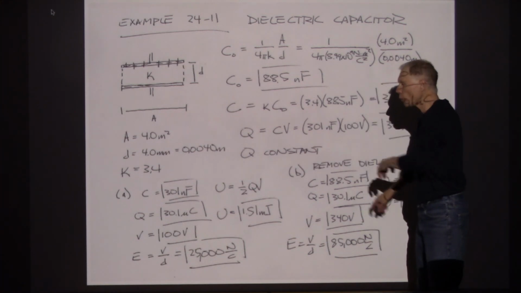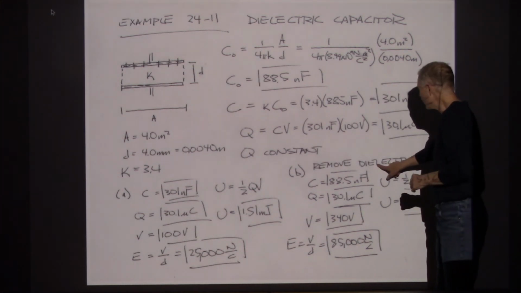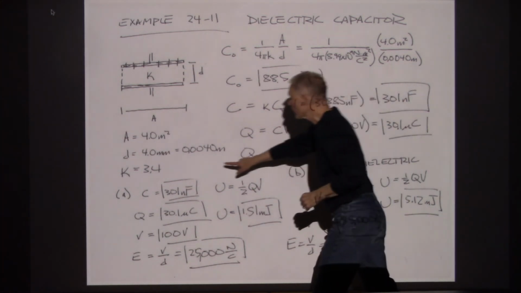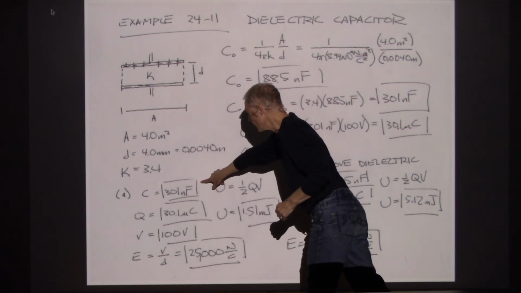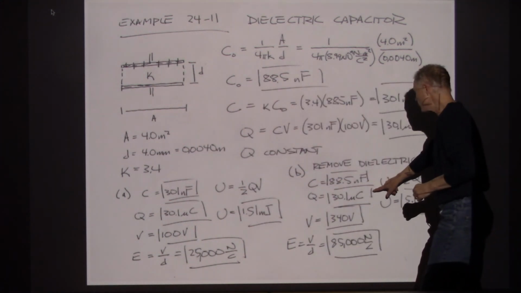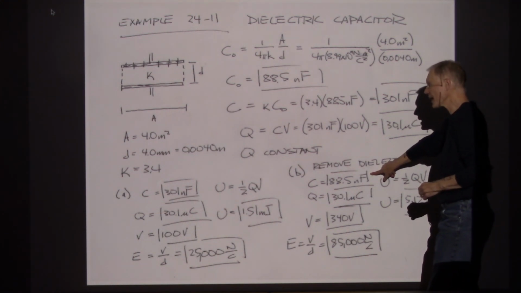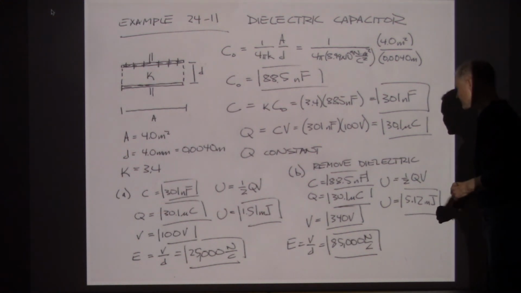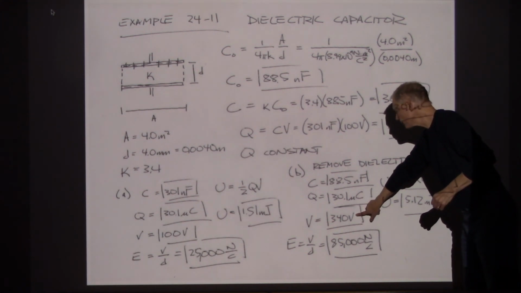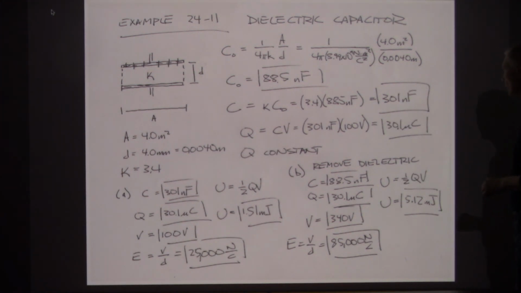The charge has nowhere to go. But when we remove the dielectric, the capacitance of 301 nanofarads reduces back down to 88.5 nanofarads. And that says that the voltage is going to end up going up